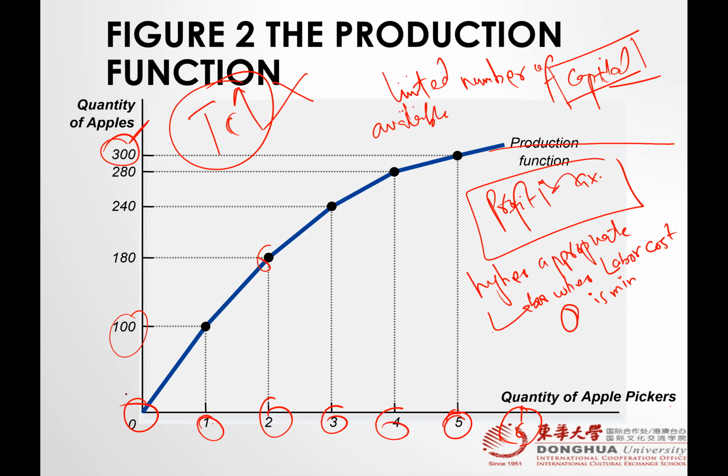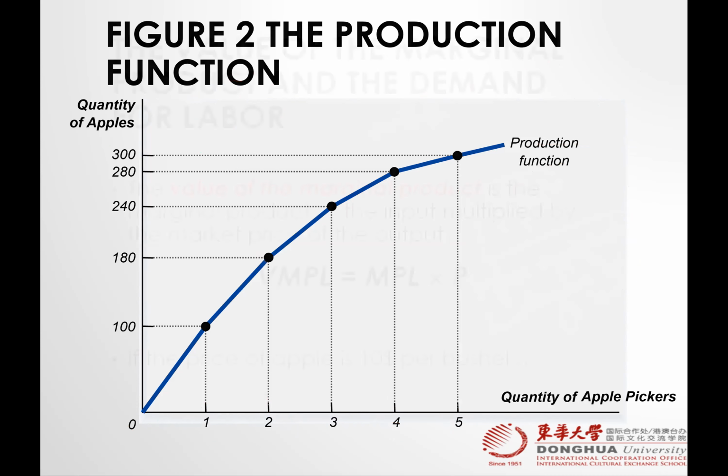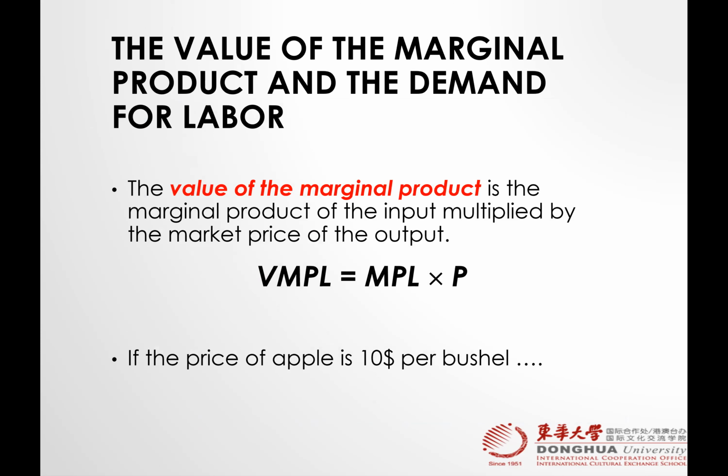So the purpose of finding out the production function is so that we understand what is the market value of the marginal product. If we multiply the marginal product with the value of the final product, which means the apple prices, it is not the price of the labor, it is the price of the output. Many students get confused about this. Output does not mean the wages, and it does not mean the number of workers. This is the final product output.